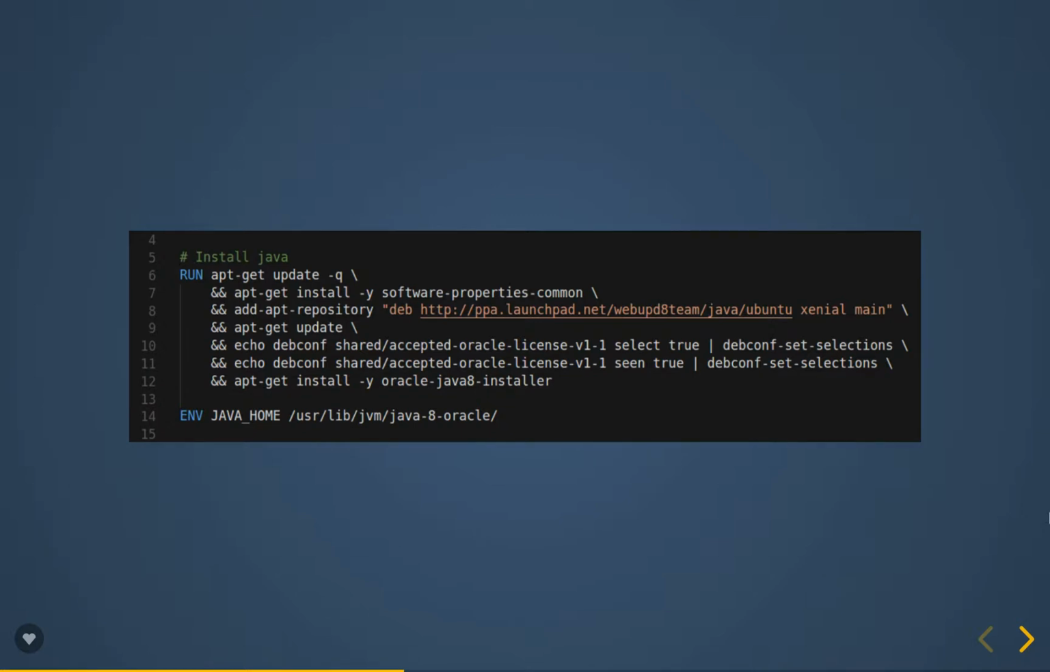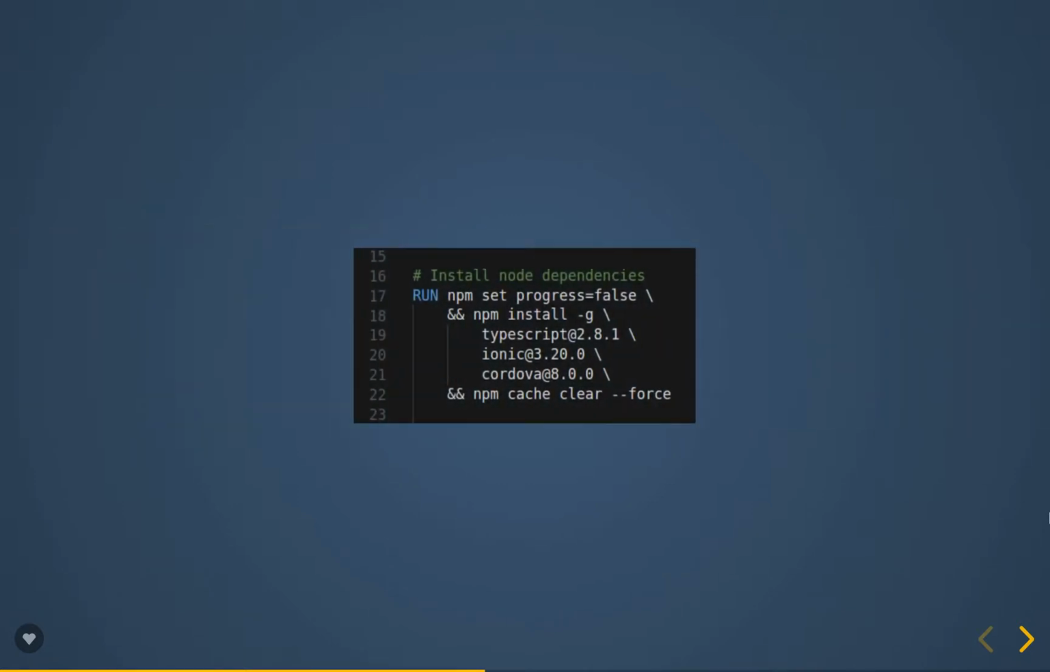You just have some run commands, and then you just write shell script. First of all, what was needed was Java, because Android SDK is based on Java, and I wanted to use the official version from Oracle. Second of all, NPM was already installed, and then I needed to go and install